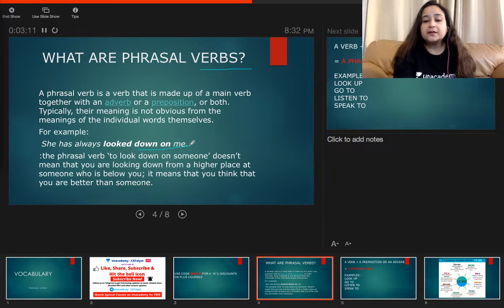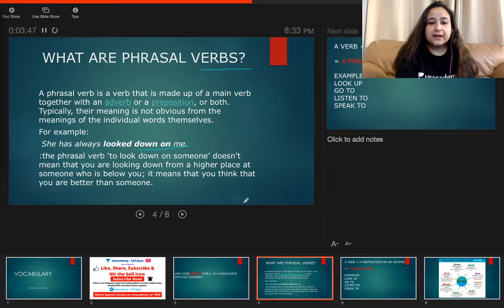Now, why are phrasal verbs important? Basically because phrasal verbs are there in error correction, sentence correction questions, and fill in the blanks questions, etc. They also use a lot of phrasal verbs. So you might be asked to fill in the correct verb or match the correct verb with its meaning. Or for error spotting, you might just need to identify the correct one or the wrong one. So if you are comfortable with your phrasal verbs, then part of your grammar and vocabulary both get fulfilled, and that is the good part of it.